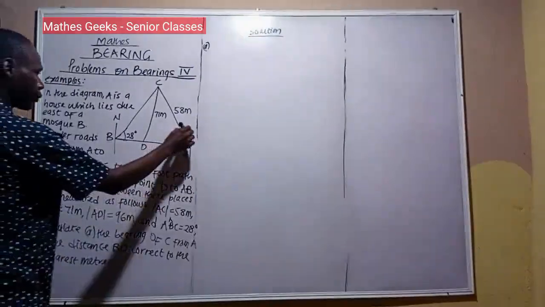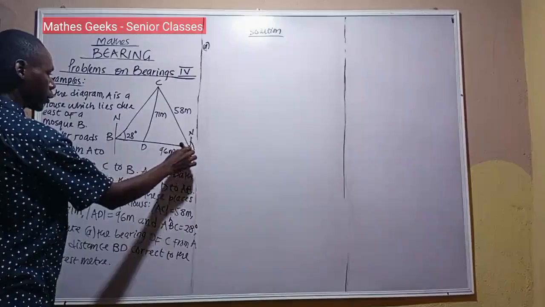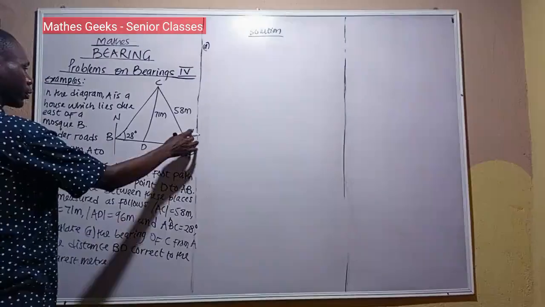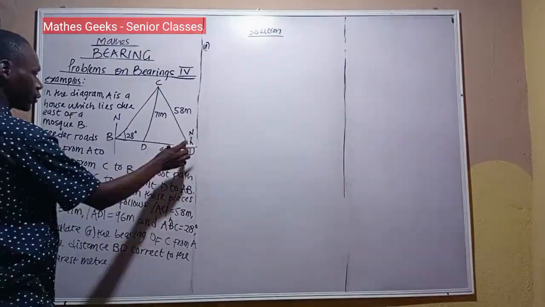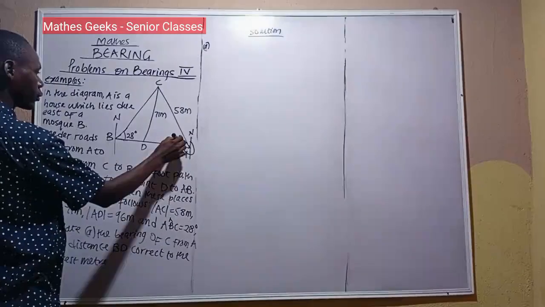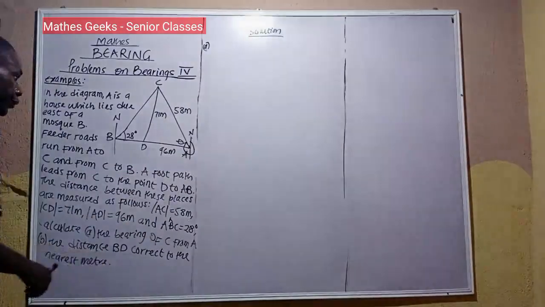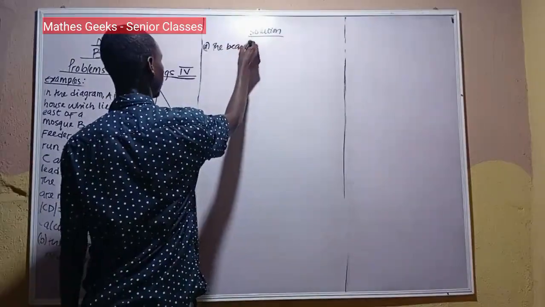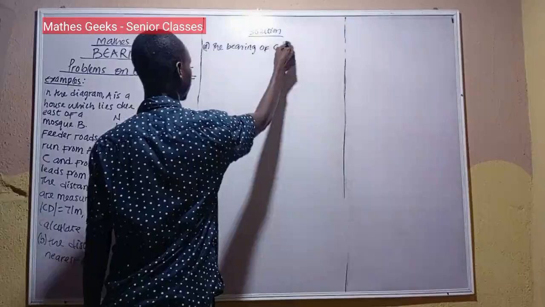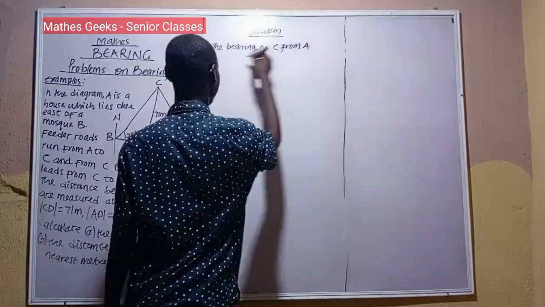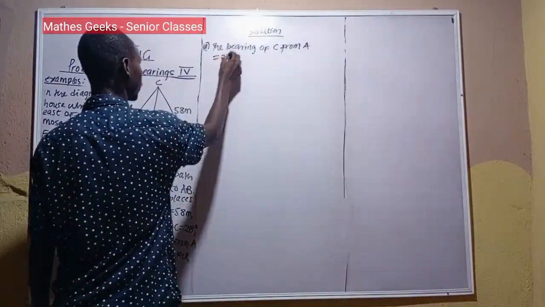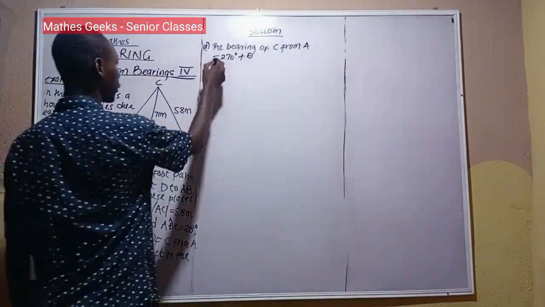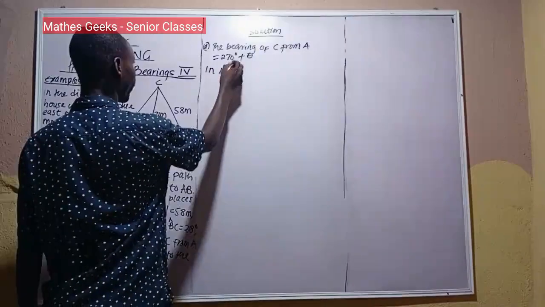Okay, from the north, measure our line to meet this line. So from the north to this west is 270 degrees. So we need to know this angle. Let's call it theta. So we say the bearing of C from A is equal to 270 degrees plus theta. So to get theta, we say in triangle